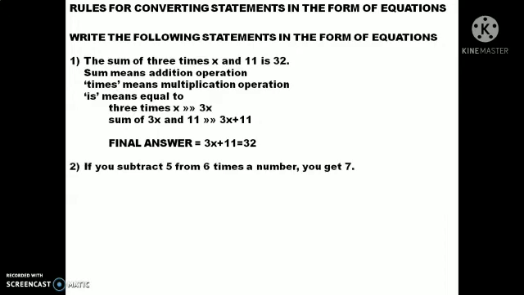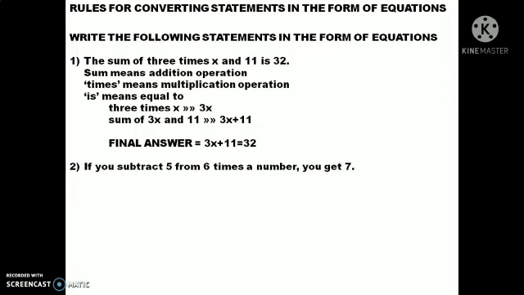Next question. If you subtract 5 from 6 times a number, you get 7. This is how you read the question. Now we will start reading it part by part. If you subtract 5 from 6 times a number, you get 7. Students, you can understand that this is a question of subtraction operation because you can see the word subtract here, isn't it? So, in the lower classes, I have taught you that whatever comes after from, you should write it